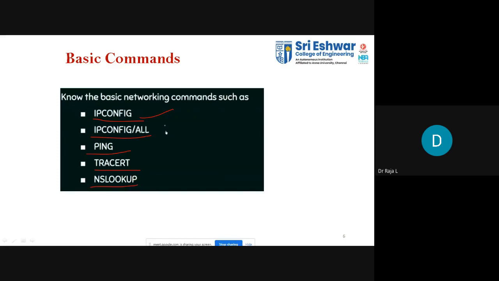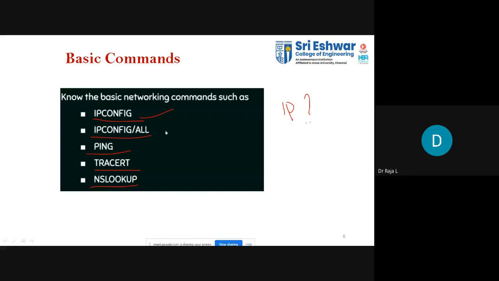Okay, so what is IP? What is IP? I need some answers. Internet Protocol. Yes, Internet Protocol. IP is an address which is normally used to identify a node. The node may be your computer, laptop, PC, or whatever it may be.